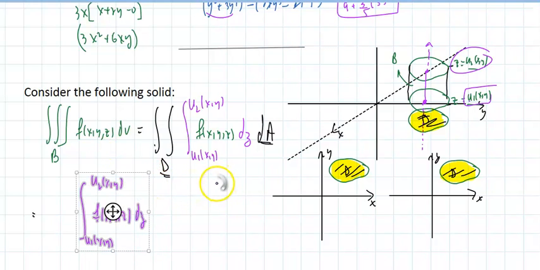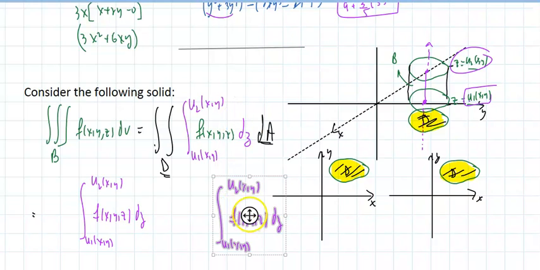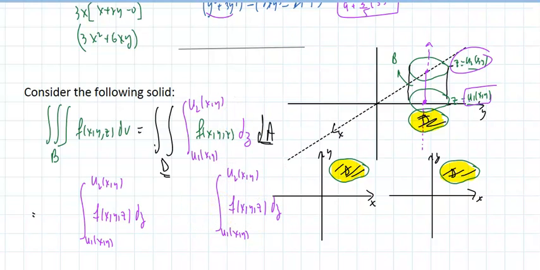I know from the previous section I could write this two different ways. I'm gonna run the x and have x run from A to B, and that means